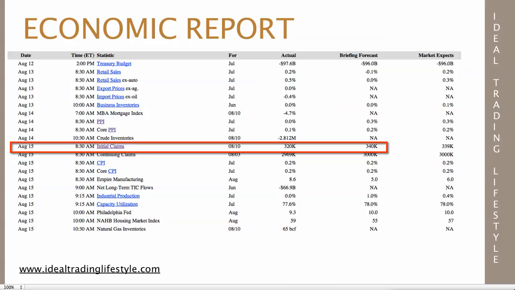While looking at the economic reports, the one thing that we really want to focus in on is the jobless claims. We can see that we ended up with 320,000 filings versus the 340,000 that they were expecting. Because we didn't have as many jobless claims, we ended up seeing a little bit of a help from that. Unfortunately, though, it wasn't enough to stop the markets from their declines.